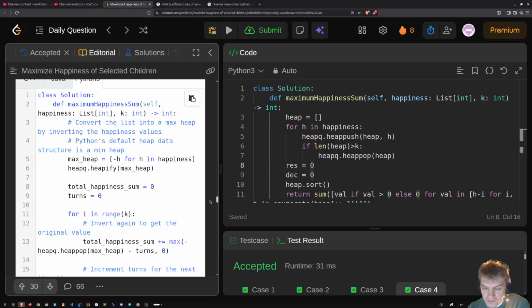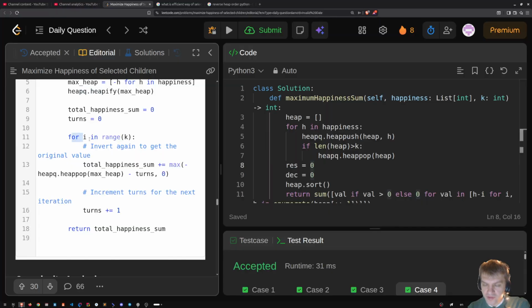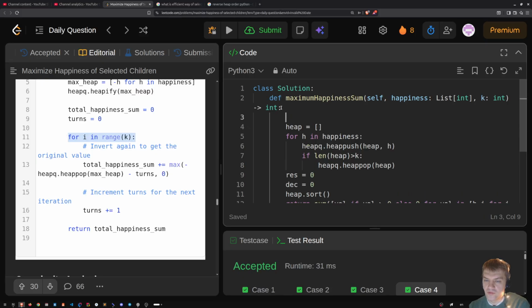I was using some extra time. Heapify. So this one is O(n), and then okay, K. So O(n), and here it's going to be K. So this one solution is going to be K. No, it's going to be heap pop, so it's going to be K log n,